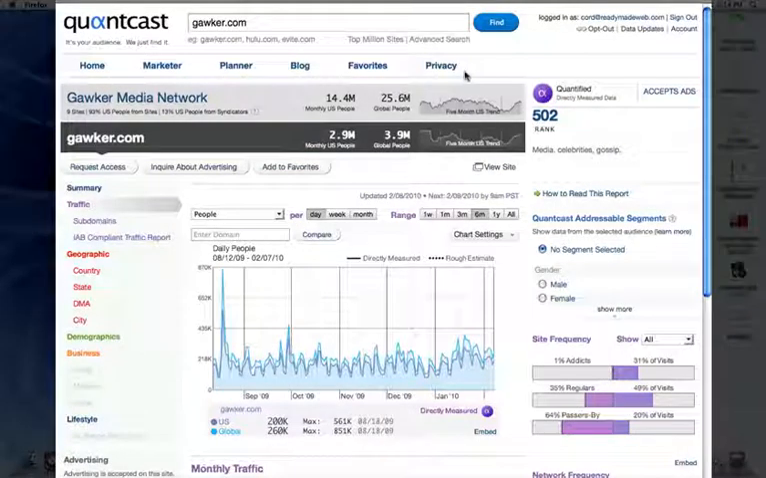I'm Cord Bloomquist, and today we're going to be talking about Quantcast, the traffic measurement site that's a little bit like Google Analytics but a little bit different. So how is this like Google Analytics? Quantcast does the same thing in that it puts a little bit of code on your site and helps you